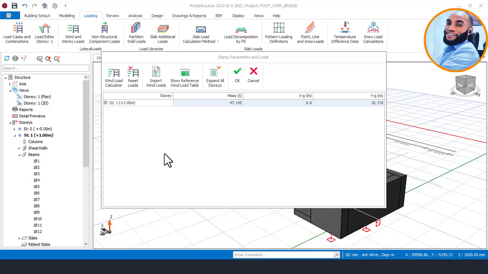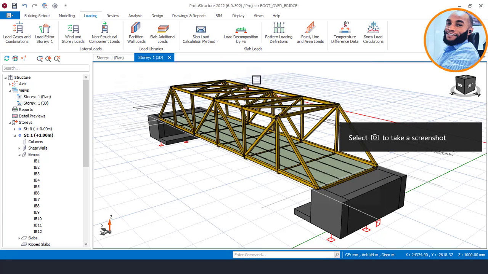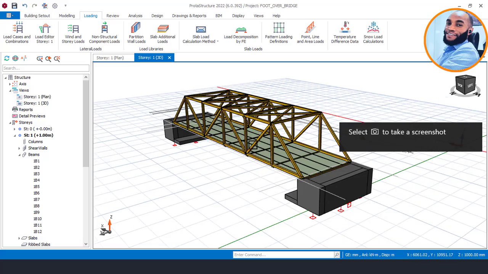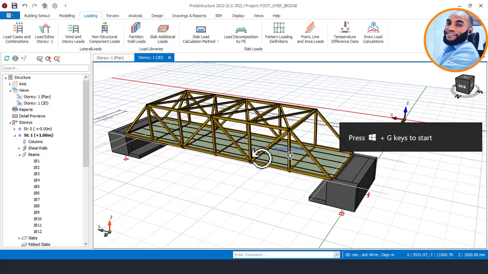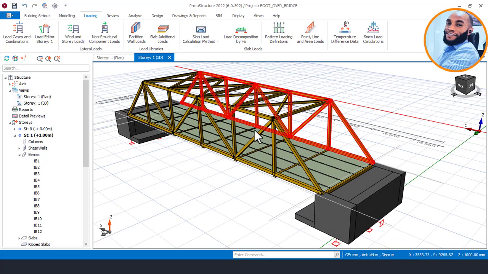Okay, once you click on that, sorry for that. Okay, sorry, before we do this, we are meant to go and define our wind load case first. So right now I'll just say cancel here, and then cancel again, and then let's go and define our wind load case before we can apply the wind load value or the wind speed value on this bridge. Okay,